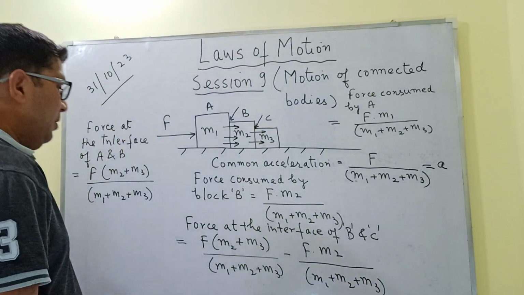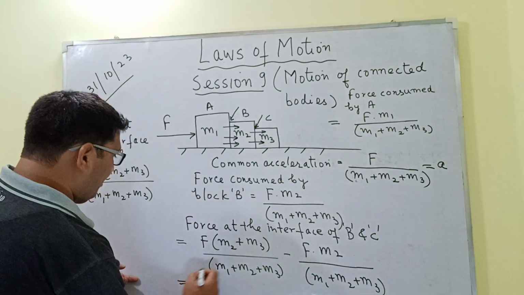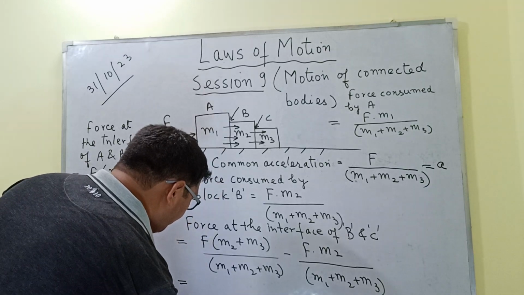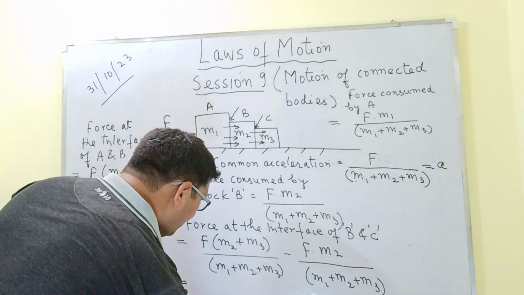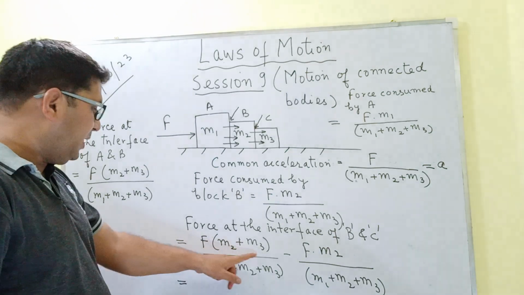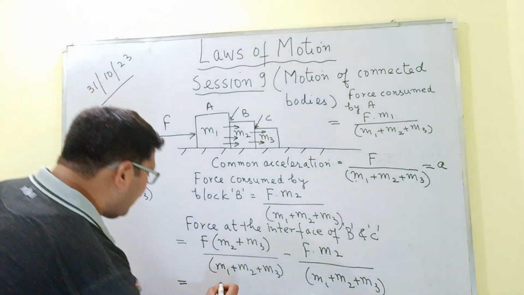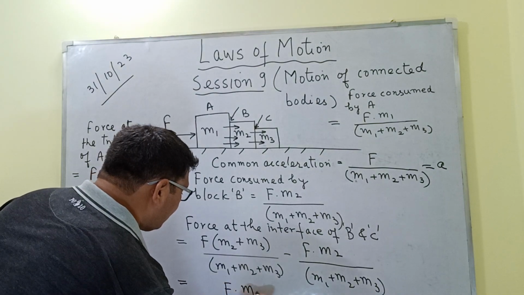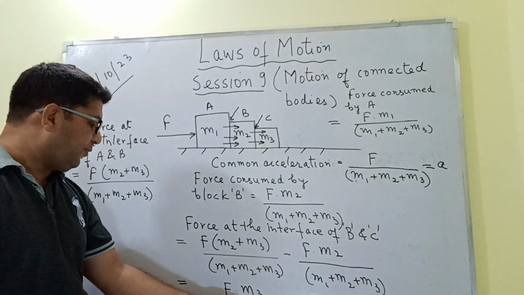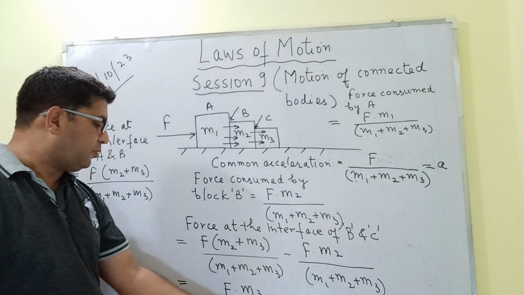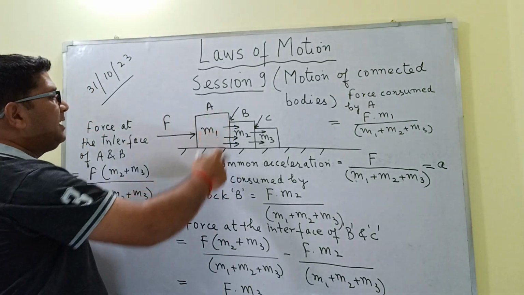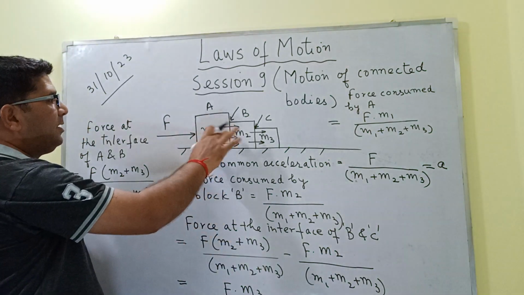ठीक है, ये आ गया। और सिंपली हम इसको लिख सकते हैं, ये LCM हो जाएगा हमारा m1 plus m2 plus m3। ये मैं यहाँ पे लिख लेता हूँ, m1 plus m2 plus m3 हो गया, और ये होगा F m2 plus F m3, और ये minus F m2, तो ये F m2 हट जाएगा। So we will be getting F dot m3. So the force at the interface of B and C will be equal to F into m3 divided by m1 plus m2 plus m3। ठीक है।